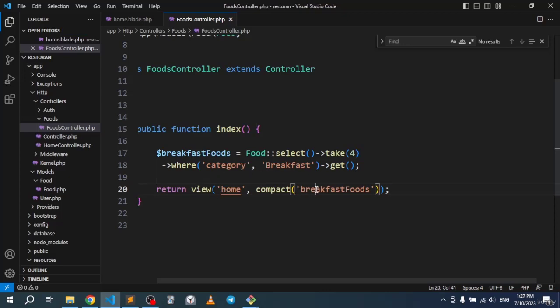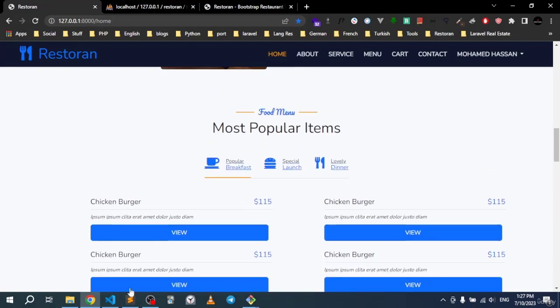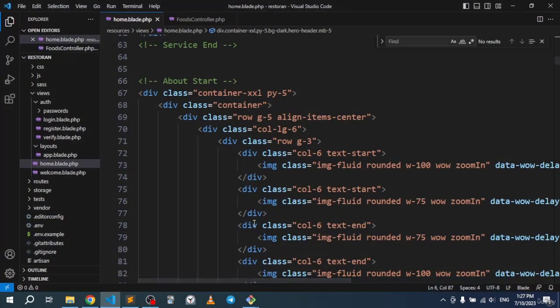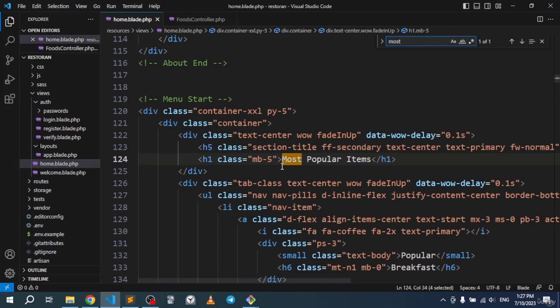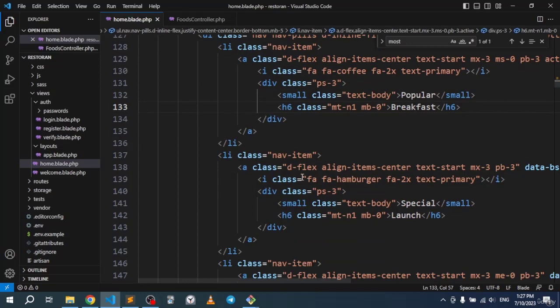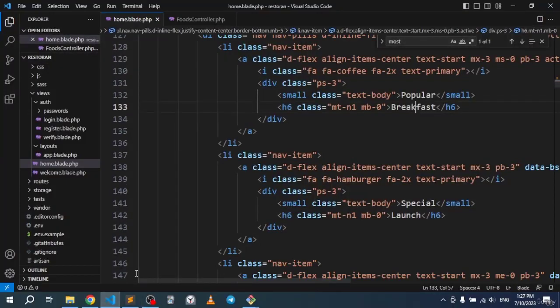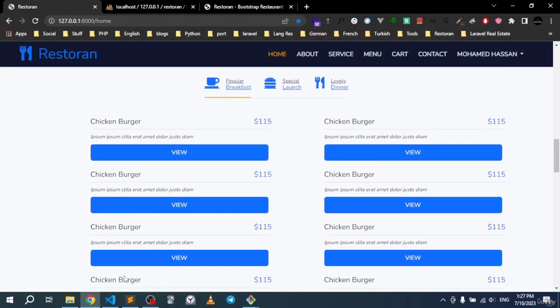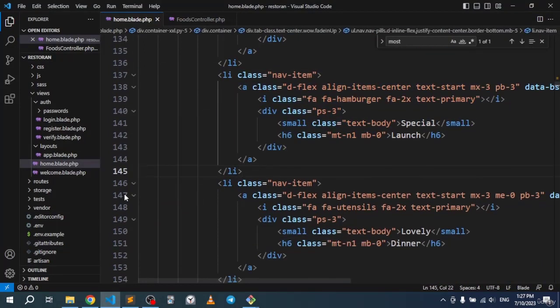All right, so I want to copy this, and I want to go to the home view, and go to the part where we have this right here. So this will be most popular items. So there is the part for popular breakfast, and we will have all the food items right here. We will have 4 of them, and they're basically just static, so we only need one, which is this one right here, to loop through, and the rest is simply